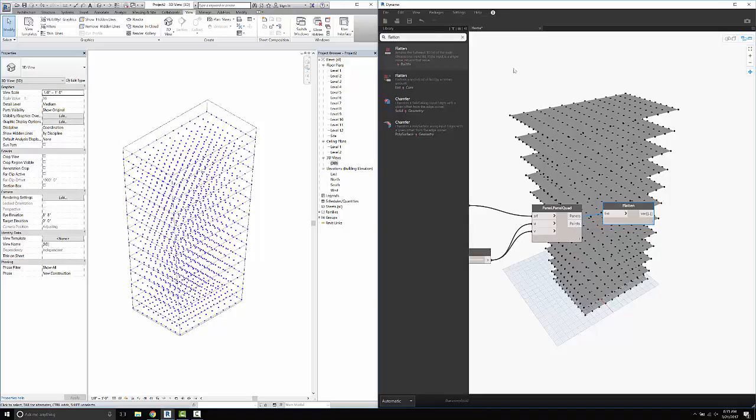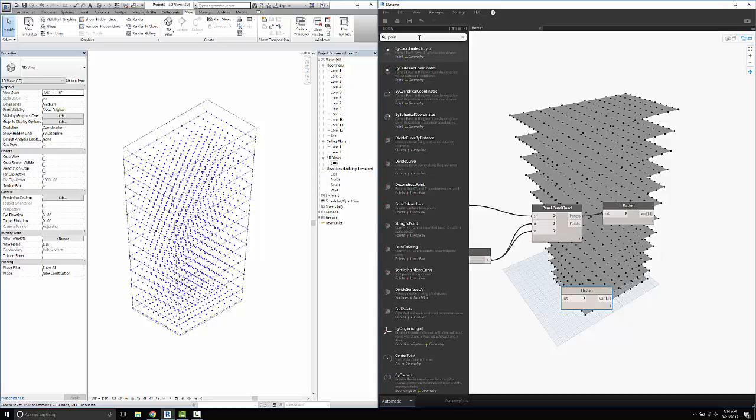You get a whole variety. You get a lot more components. We may need a second one of these. We'll put one off here to the side and wait and see. So what I'm wanting to do is actually just create a series of color. I want to color each of these quads based on their distance to a point in space. So we're just going to put a point component in, point by coordinates,